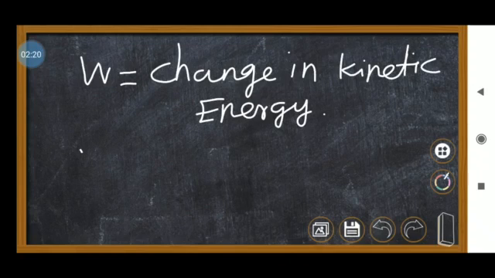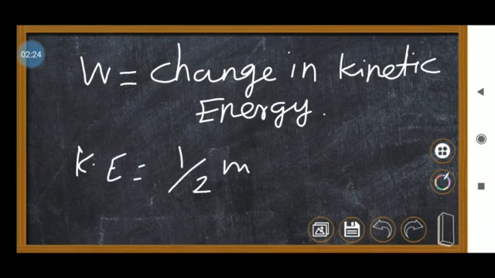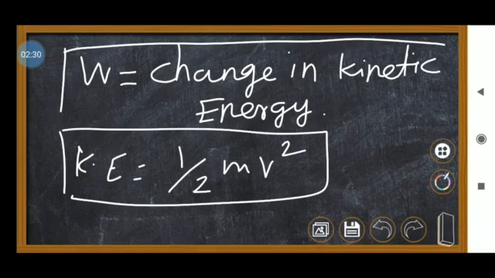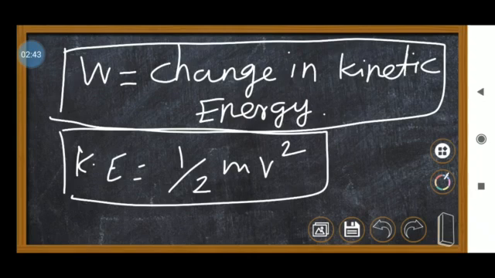So kinetic energy, what's that formula? The general formula, kinetic energy equal to half m v square. Maybe v or u, whatever it is. So if any work is done on an object, there will be some change in kinetic energy, and that change in kinetic energy must be equal to the work done on that object. So we need to find the kinetic energy. Now mass they gave, velocity they gave, so easily we can find.